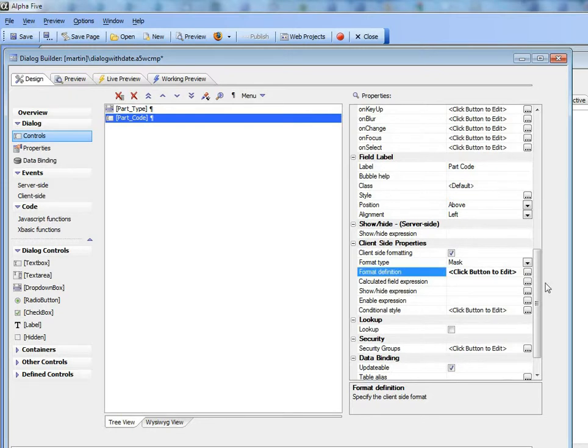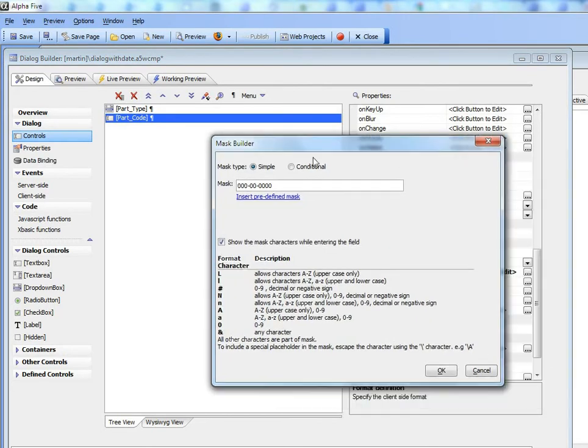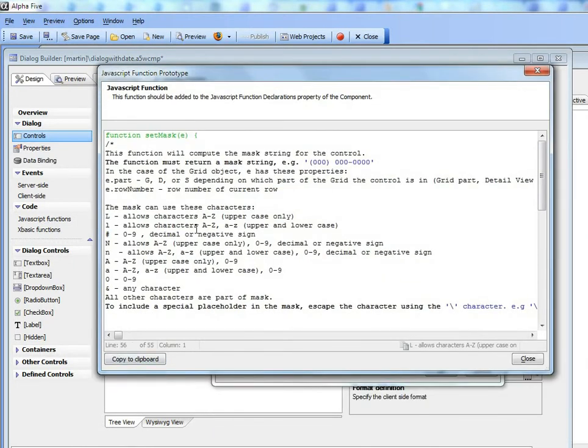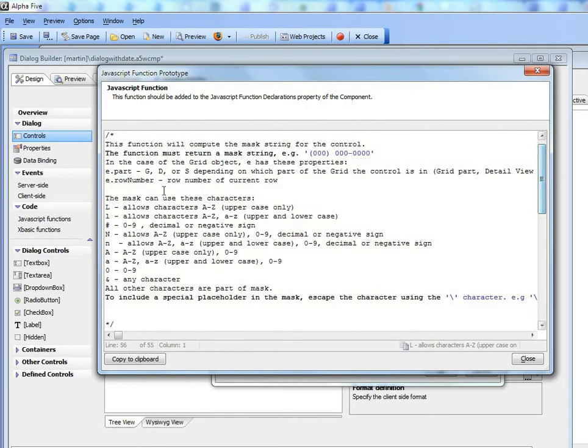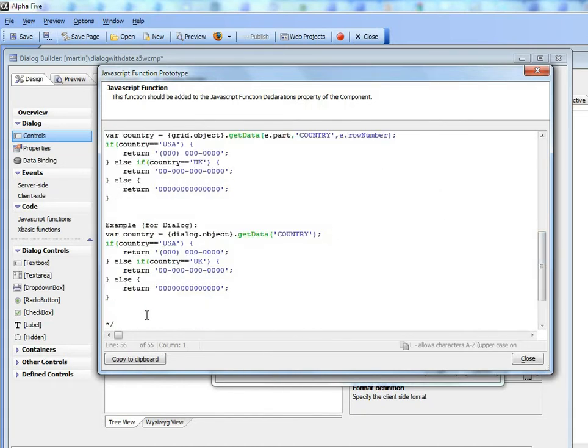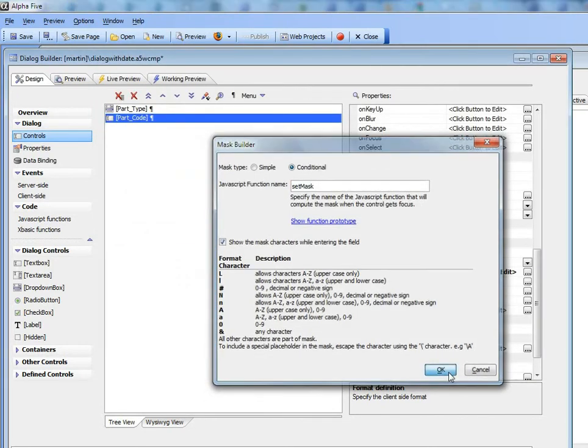So let's continue our definition over here. So we'll say that we want a conditional mask, and now we can specify the name of a JavaScript function that will be called when this field gets focus. So I'll define a function called setMask, and then I'll click the button to get the function prototype, and this tells me basically what gets passed into the setMask function, and what it needs to do. So it needs to return a string that is the mask, and it shows you the syntax differences for the dialog and the grid. So let's just go ahead here and copy that to the clipboard,